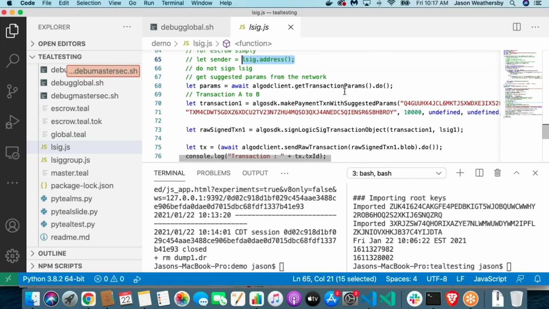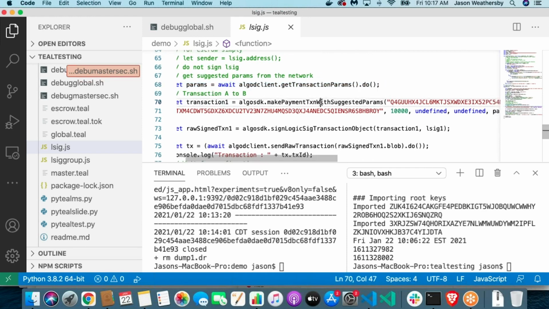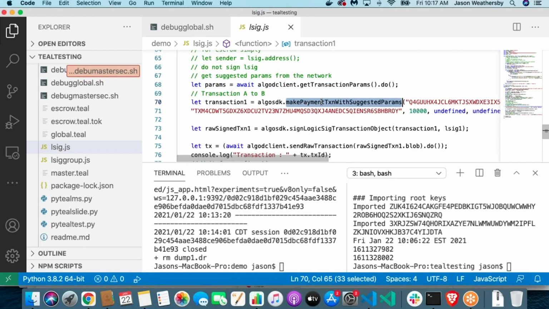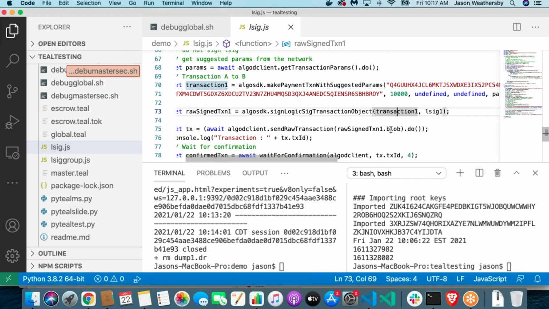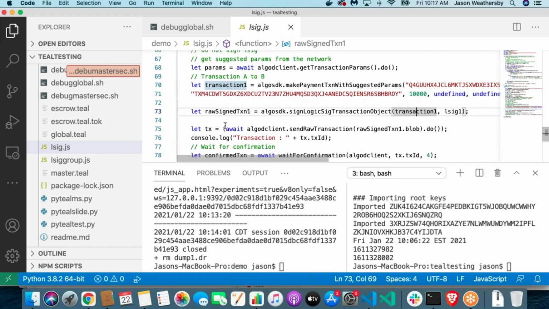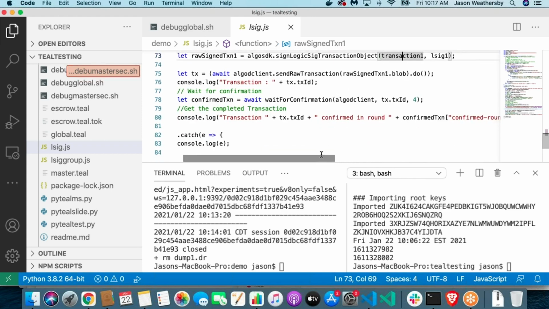And now if I want to use that logic, here's how we get a set of suggested parameters. Make a payment transaction here. This is standard stuff that's been covered before. Then I'm going to sign that transaction. Here's the transaction; I'm signing it with a logic sig. That's what this method does, and I'm passing the lsig that's associated with it. Next thing you know, I just push that transaction to the server, and then I wait to see if the transaction is confirmed. So to run that,